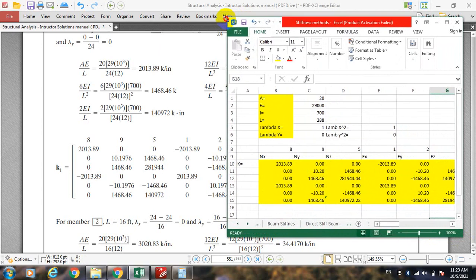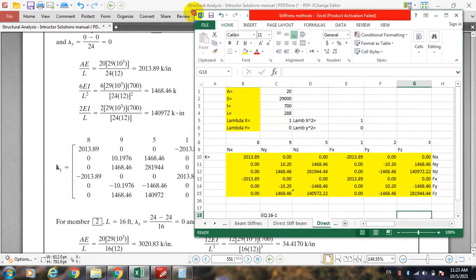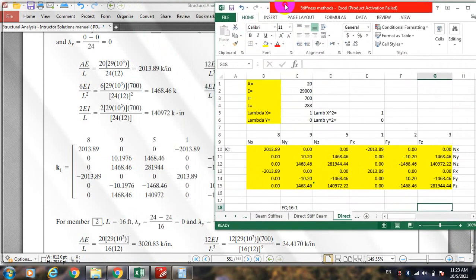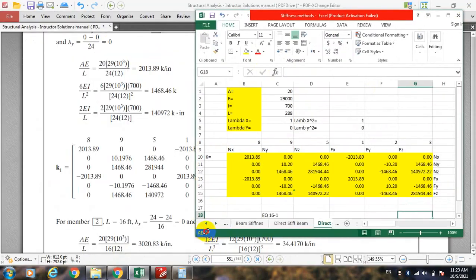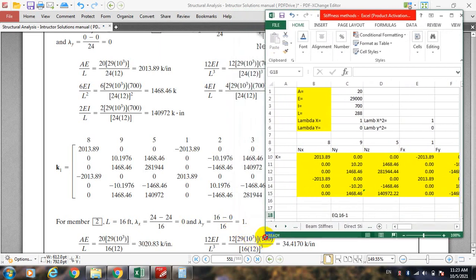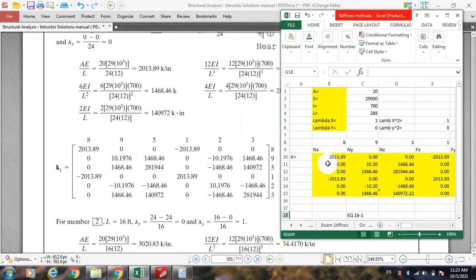Let me zoom it a little bit. Here you can see 2013.89, 2013.89, then we have 0, 0, and minus 2013.89, minus 2013.89. You can see here. So you just need to enter this information,